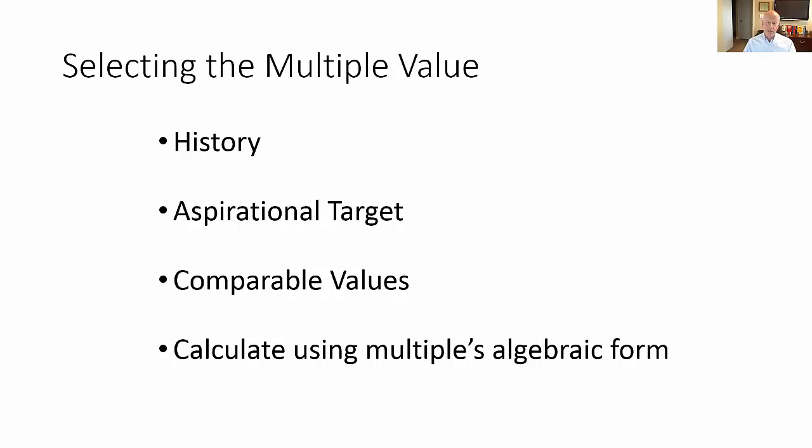Let's say we've got a shoe manufacturer. We can look at all other shoe manufacturers and we can see at what multiple their value is reflective of. Because if we see a transaction for them, then we can use that transaction. If it's only a share of stock, we can extrapolate it to the entire enterprise value for the company. Or if it's a private company, the transaction price that we're seeing probably is the enterprise value for the company. We can go ahead and use that, and we can divide it by, in this case, EBIT, and it gives us a multiple. And so we can see the valuation multiples of other companies that are similar to ours,